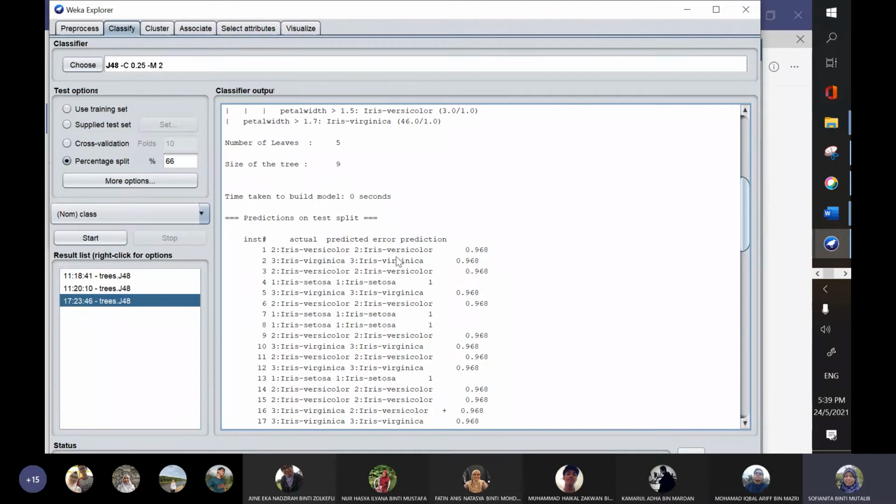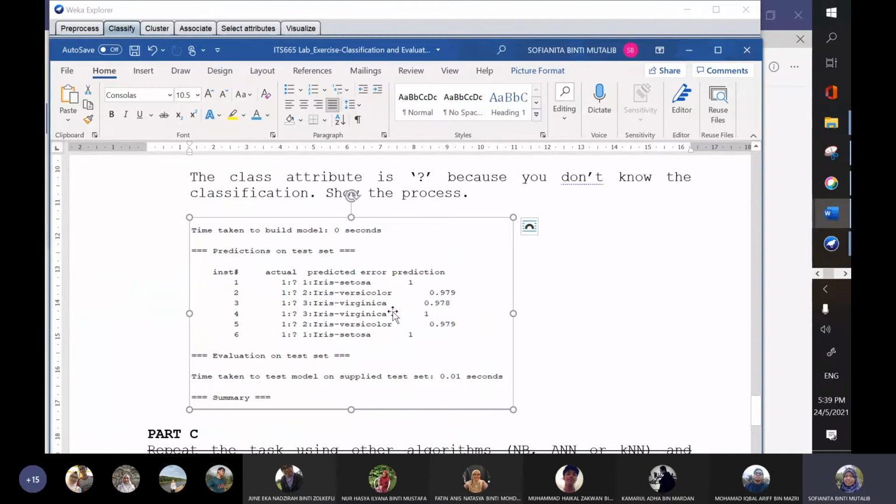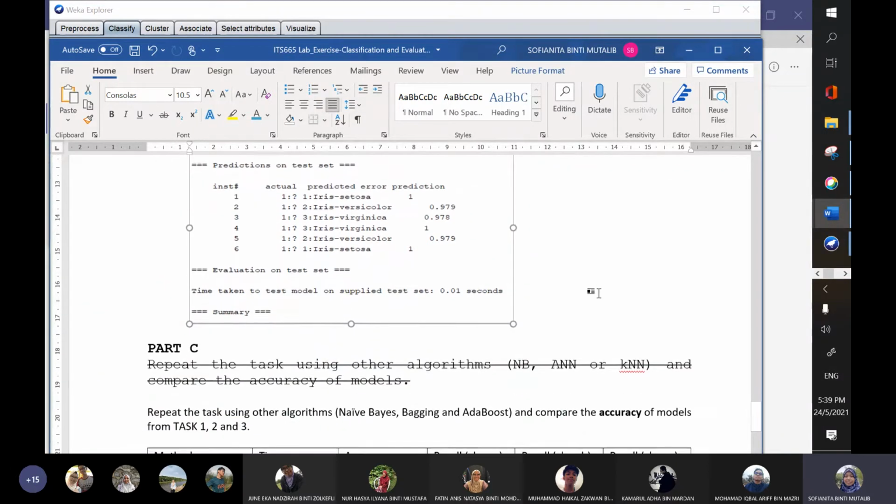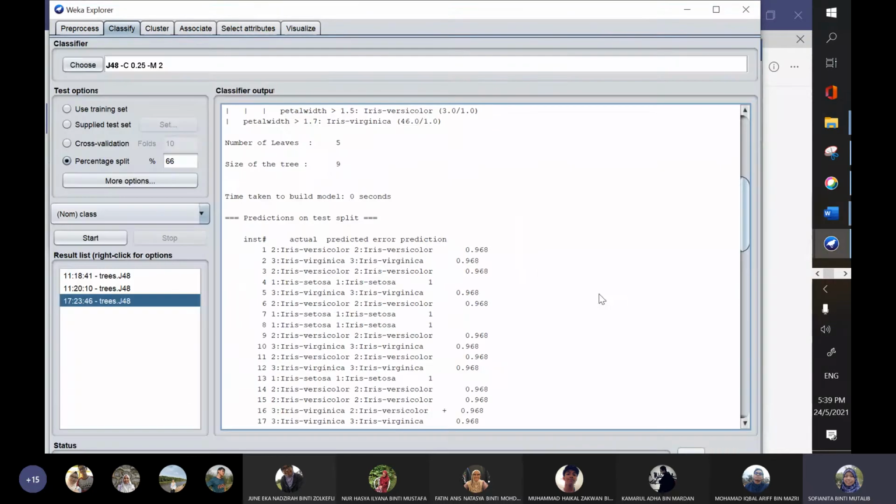Definitely we need this information rather than this one. Okay, that one is for the test set. Any other questions for this part? No questions for me. Thank you.